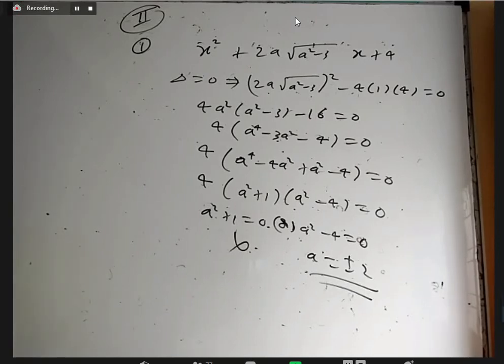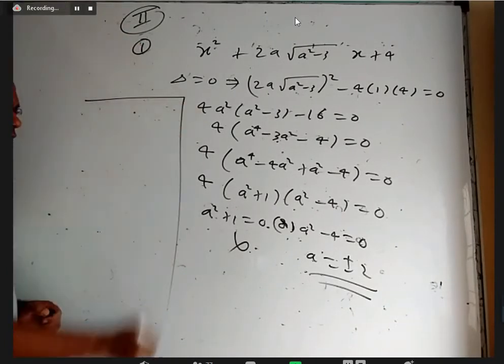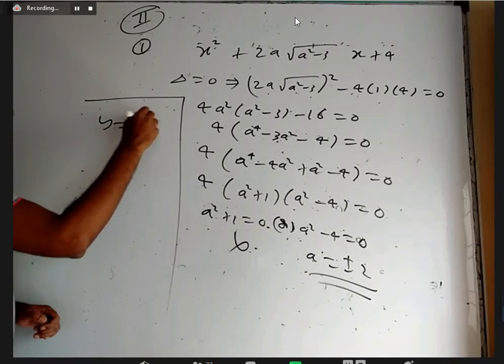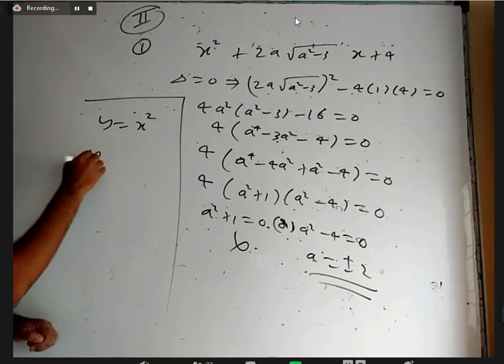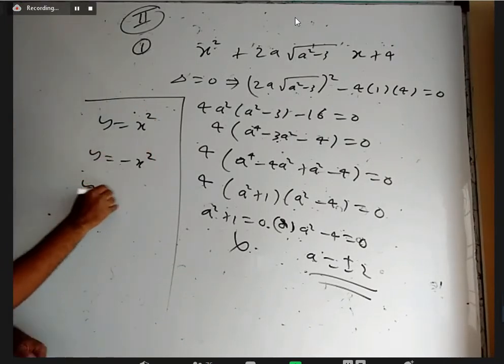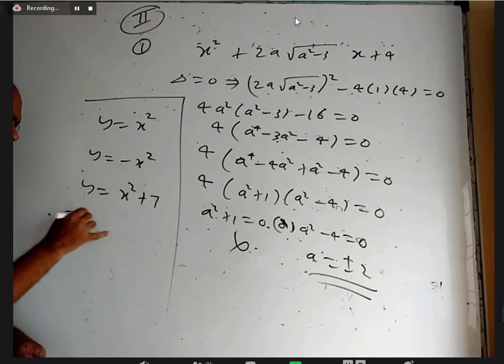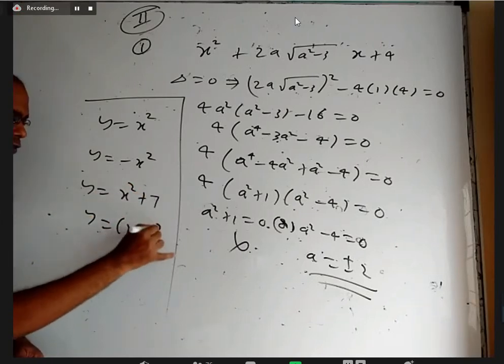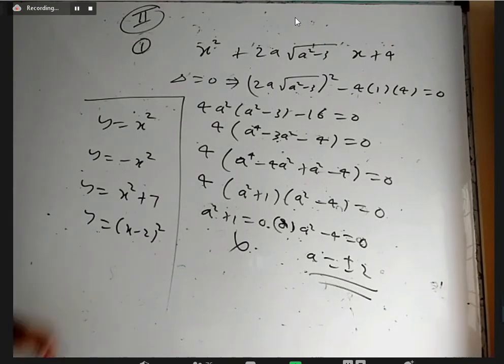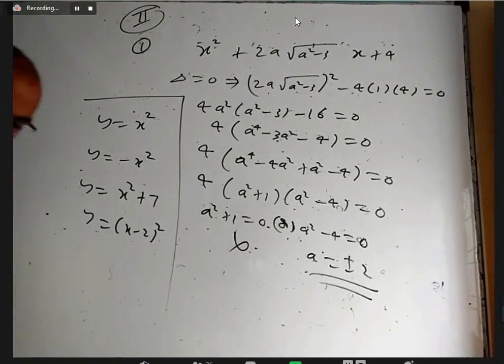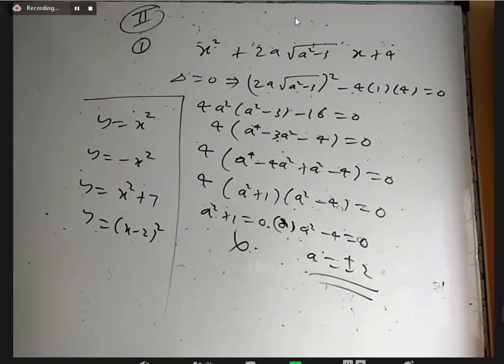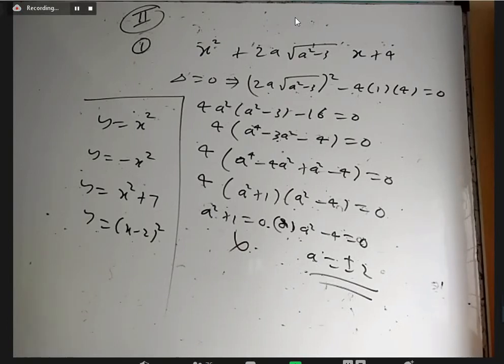Okay, I want to discuss some graphs here. I wanted you to think about roughly y equal to x square, y equal to minus x square, y equal to x square plus 7, y equal to (x minus 2) whole square. How good can these graphs be? Roughly, what is the shape? You can take a few points: x is 1, find the y coordinate; x is 5, find y; x is 2, find y; x is minus 3, find y. Get a feel of some points on the curve and try to draw it.